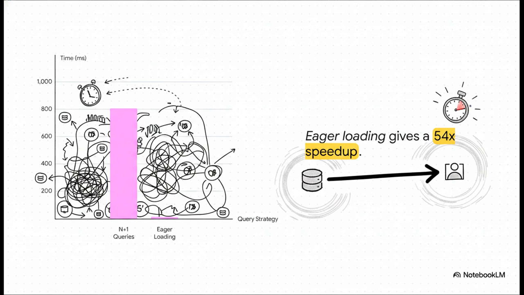It's staggering. On the left here, those 10 round trips take about 808 milliseconds. But on the right, if you replace that nasty loop with a single optimized join query, a process known as eager loading, the execution time drops to just 15 milliseconds. Think about that. That is a 54 times performance improvement simply by fixing the way your application communicates with your